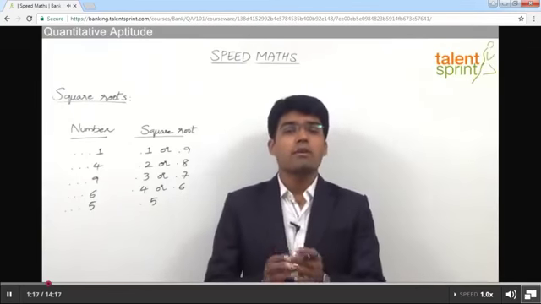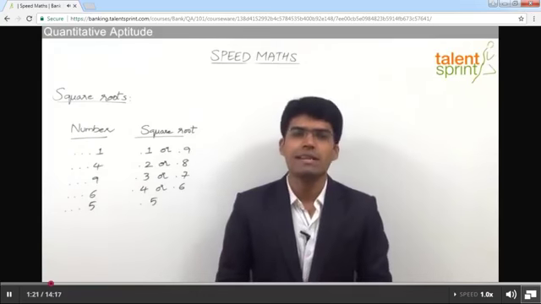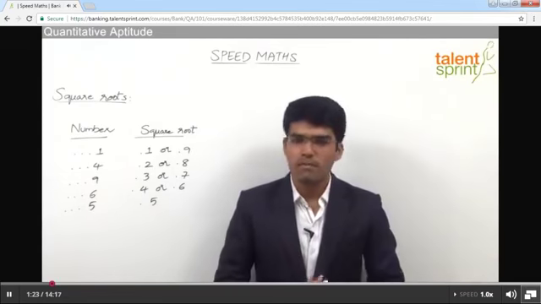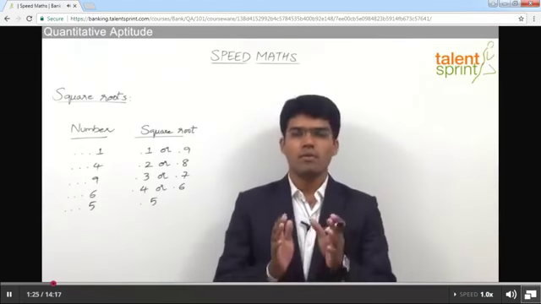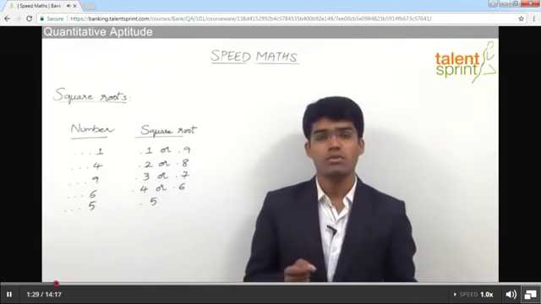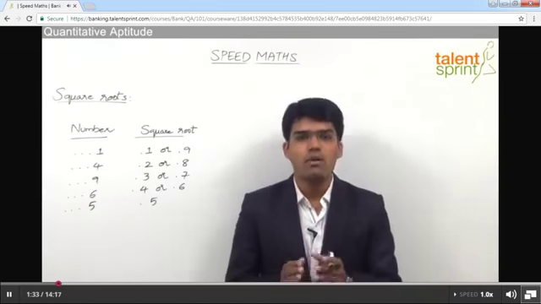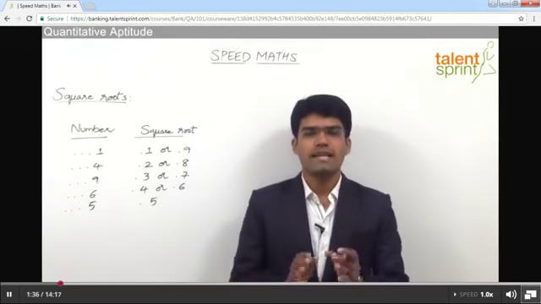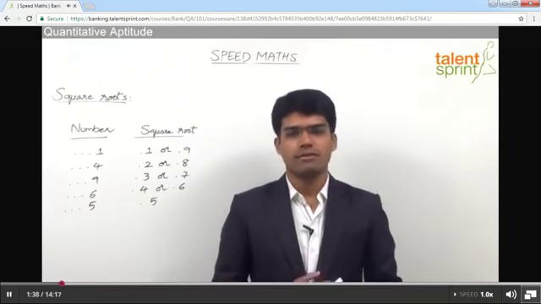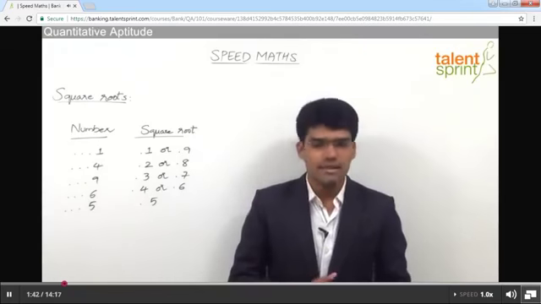The other very important point which I would like to add here is that the method which we are going to learn now is applicable only for perfect squares. That means by following the 3-step procedure that we shall discuss now, we can find out the square roots of only those numbers which are perfect squares. It is not applicable for imperfect squares. So that is one condition that we need to take care of. This method is applicable if and only if the given number is a perfect square.